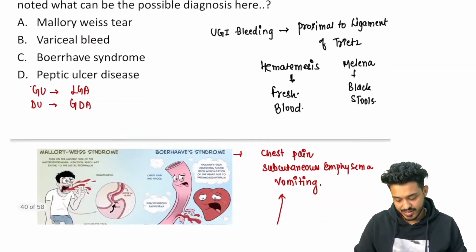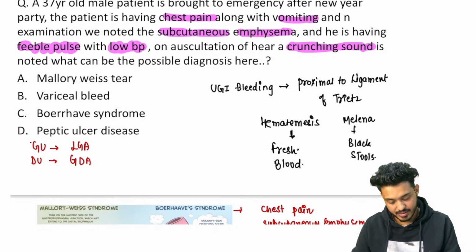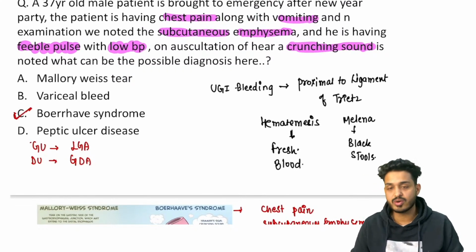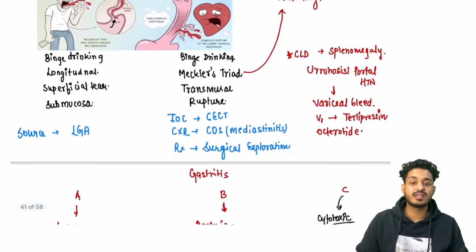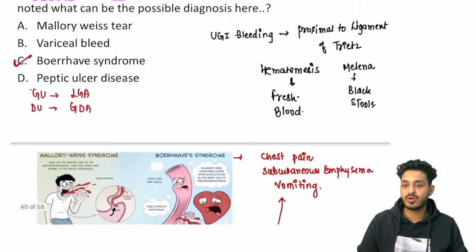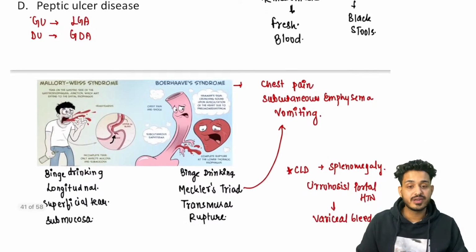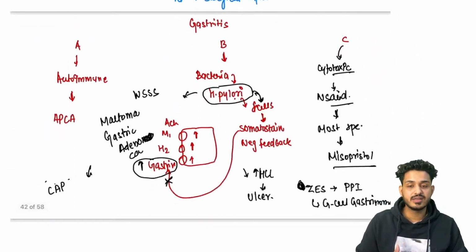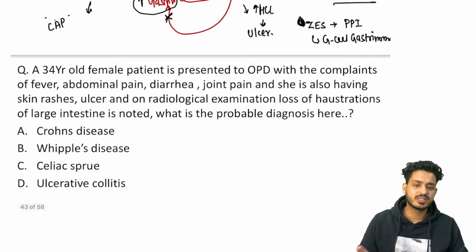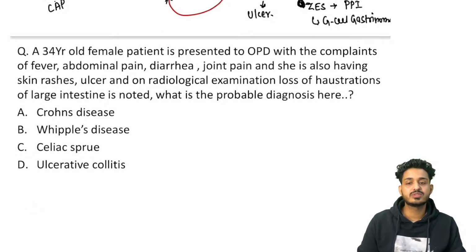So in this particular case, what will be your answer? Here your answer will be Boerhaave syndrome. These ulcers, like peptic ulcer, can also bleed, right? And they are generally presenting with the melena. So whenever the person is coming to you with the black tarry stools and patient is having pain, you can already assess. I hope you know when to assess whether it is a gastric ulcer, whether it is a duodenal